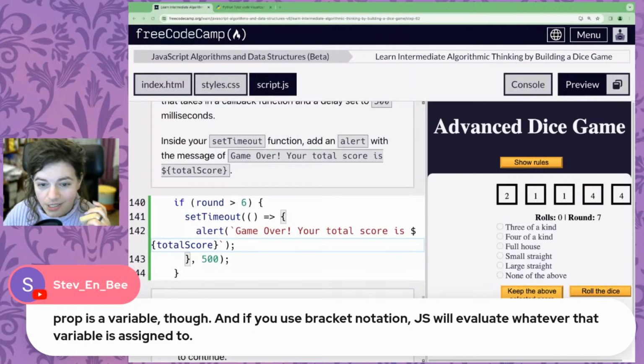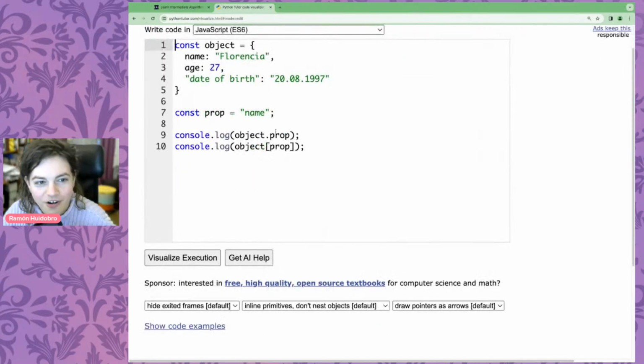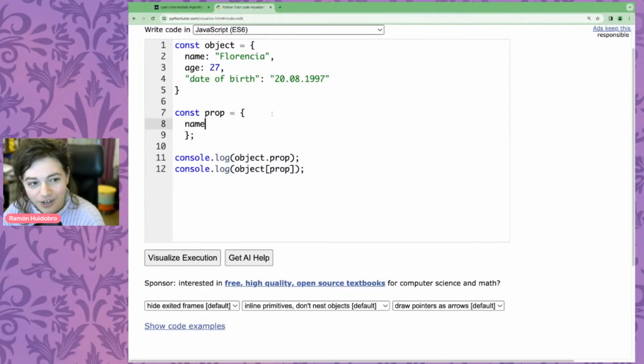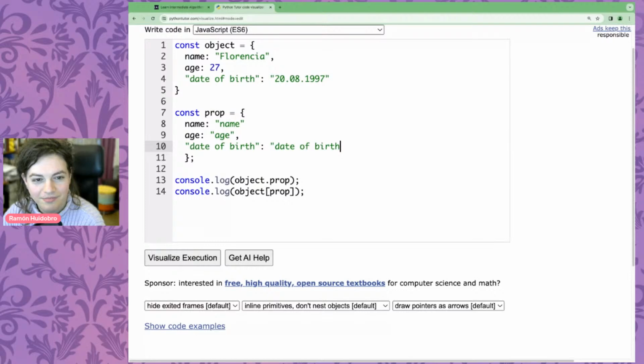Do we want to make it more cursed? Why not? Let's go off on a tiny tangent. Because you're saying, hey, prop isn't an object. Well, what if it is? Y'all asked for it. So now prop is an object. So object.prop, if I try and console log that,